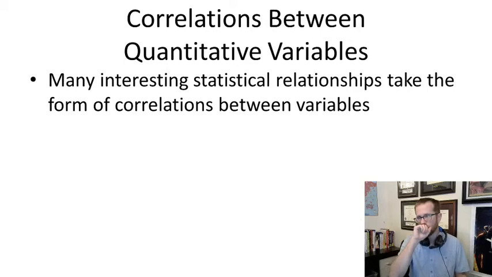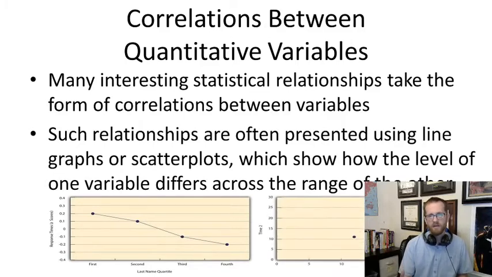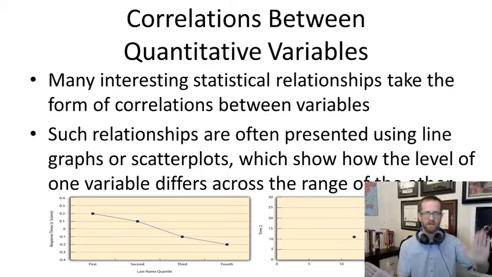Now, Cohen's d is a great way to measure the size of the difference between two means, but there are other ways that we can describe the relationships between variables, such as correlations. Correlations are, in fact, one of the most popular ways to measure statistical relationships, but they only work for quantitative variables. We've already talked a bit about correlations, and we're going to talk more about it later on, but the whole idea here is, with a correlation, we have one variable on the x-axis, one variable on the y-axis, and we're just looking at how they move together.